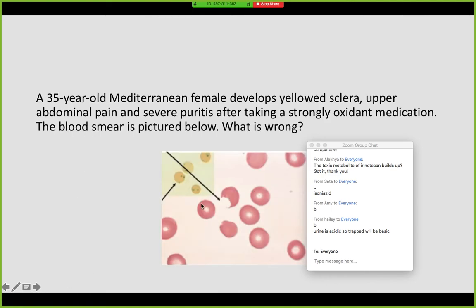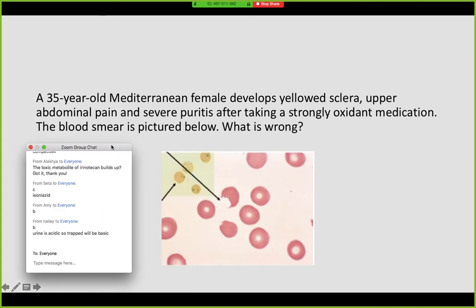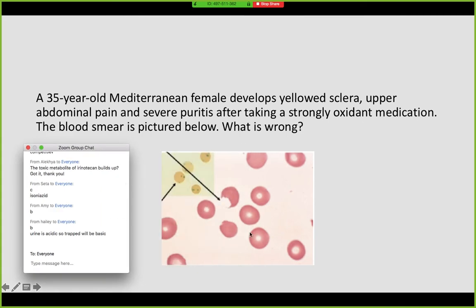Okay. You will probably see this image on the exam. So if you see the bite cells, you're going to associate this